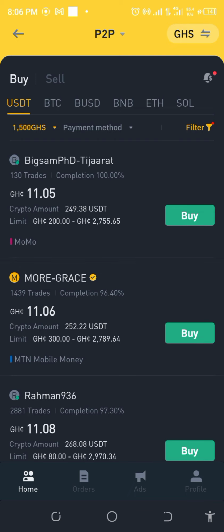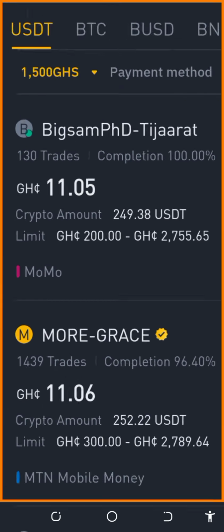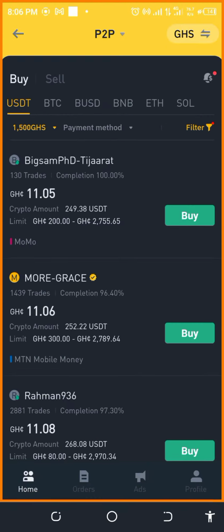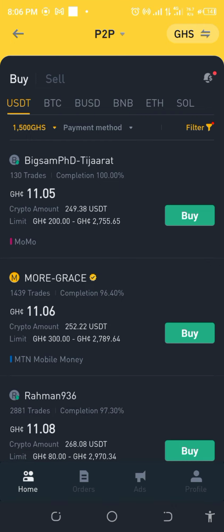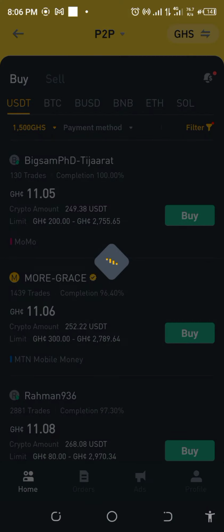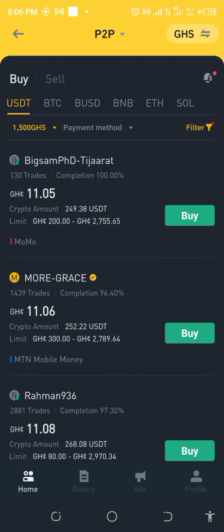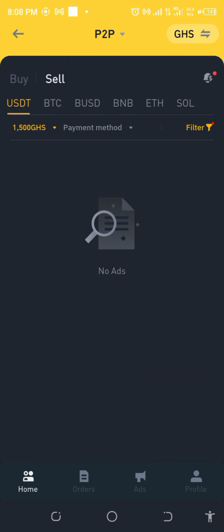So if I choose the higher one, but don't forget, I have filtered it to like 1,500 Ghanaian cedis. So if I go with this one, which is 11, no, sorry, I'm trying to sell. So what we're trying to do right now is sell, right? Because don't forget that we have already bought the USDT on the Nigerian market. So if we want to go with this Momo,